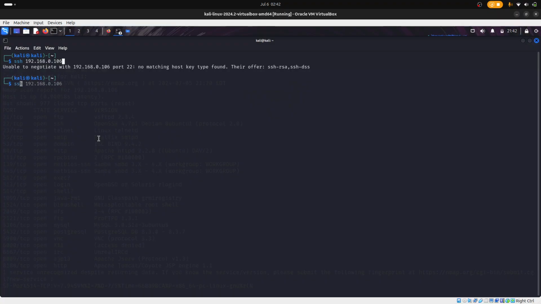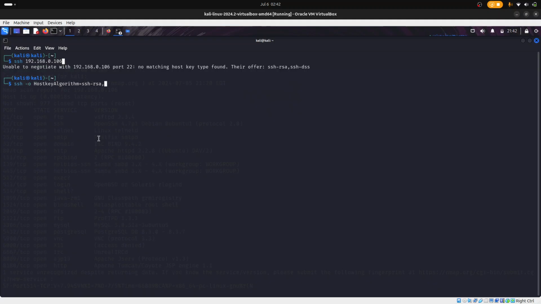I'll just do SSH, then -o, HostKeyAlgorithms equals ssh-rsa,